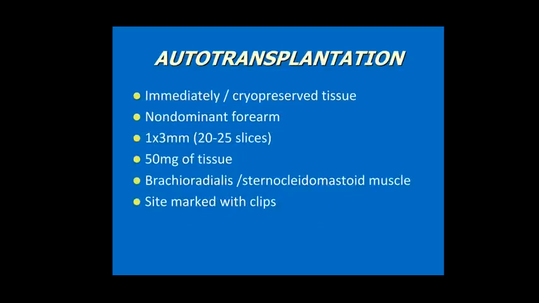The 1 into 3 mm slices are taken. Around 20 to 25 slices of the gland, half of the gland or 1/3 of the gland is taken and made into 20 to 25 slices of size 1 into 3 mm. Approximately 50 milligrams of the tissue is available, and it's implanted into the non-dominant brachioradialis muscle